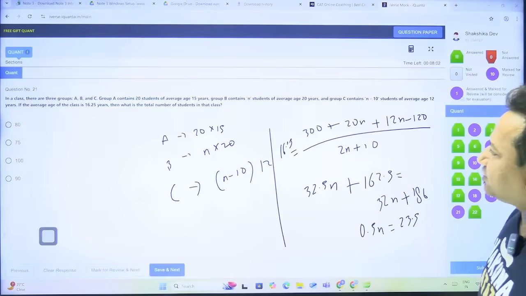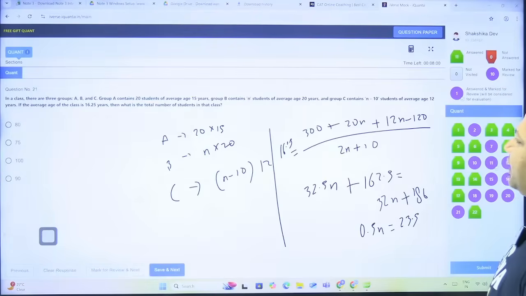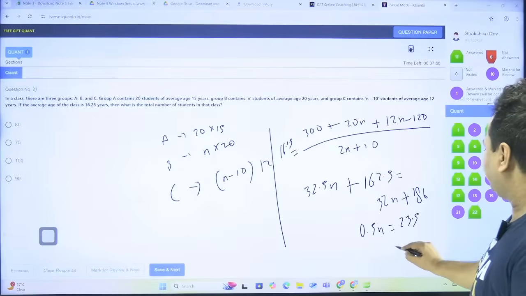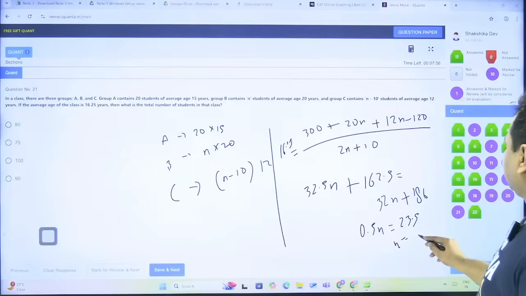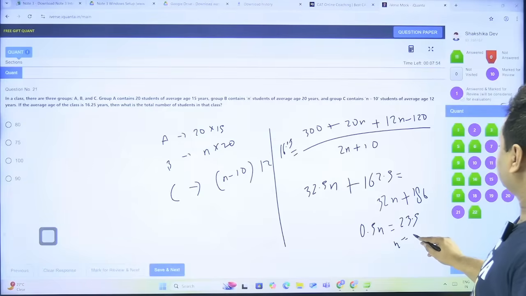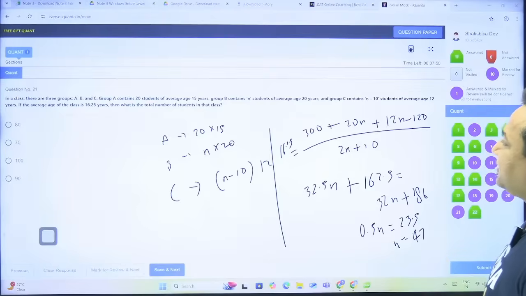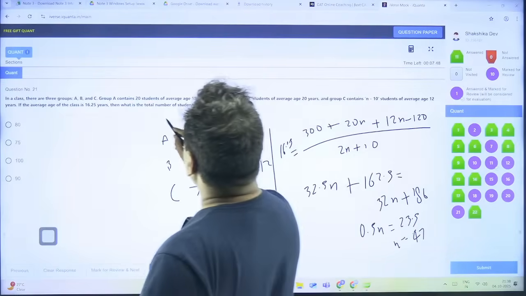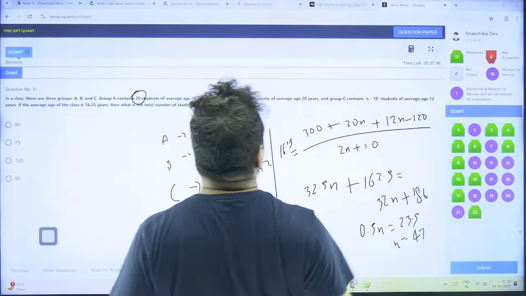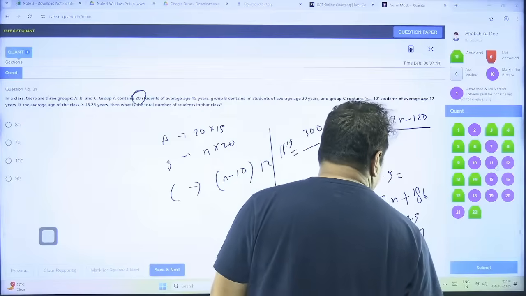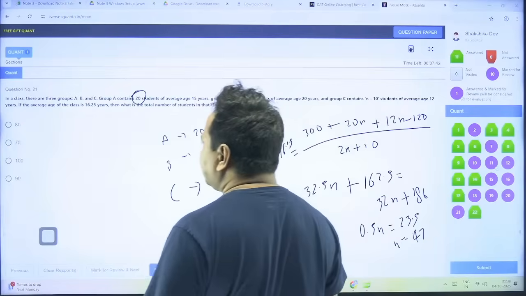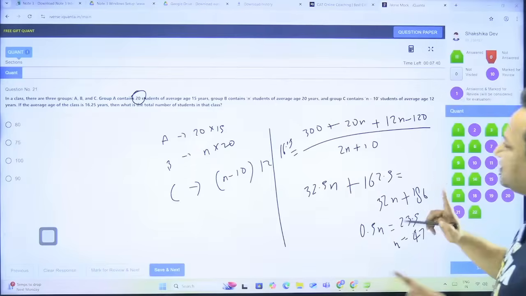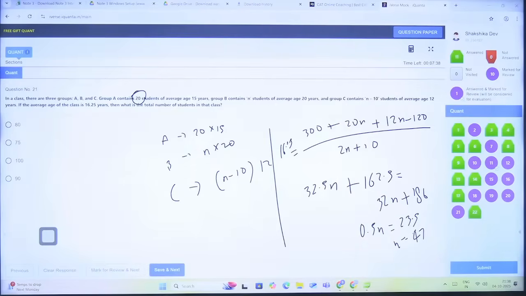मैंने गलत कर दिया कुछ, ये सही किया है। ओके, टोटल नंबर स्टूडेंट्स बताना है, ठीक है। सो n विल बी इक्वल टू हाउ मच, 47. n is 47, so 20 plus 47 is 67, plus 37, where I'm going wrong? I have calculated something wrong over here. Just check the